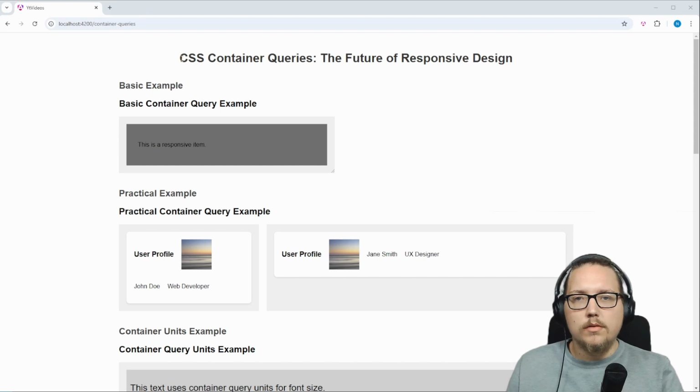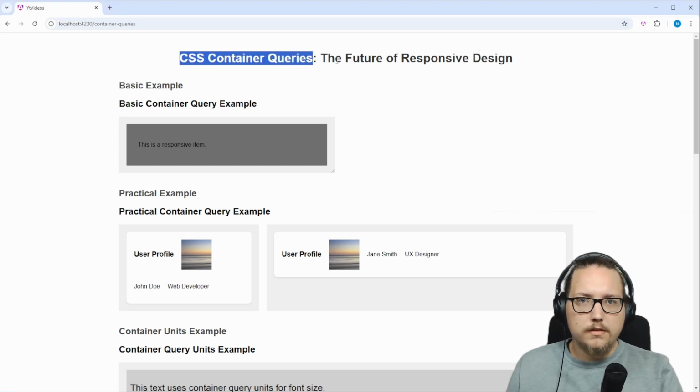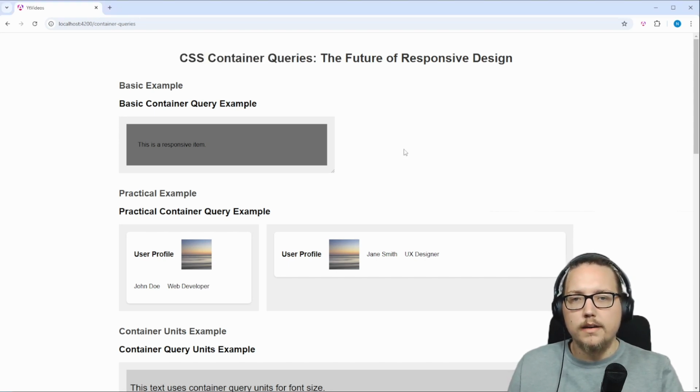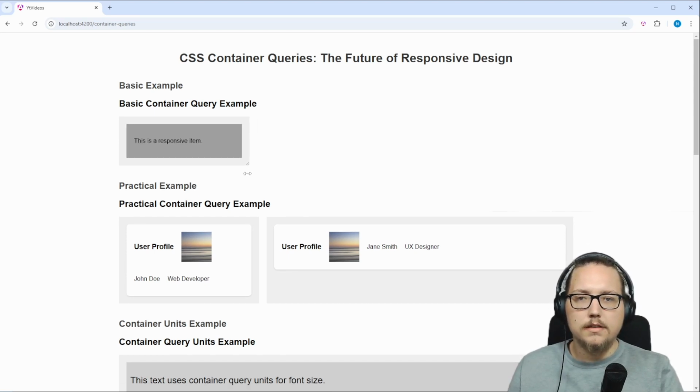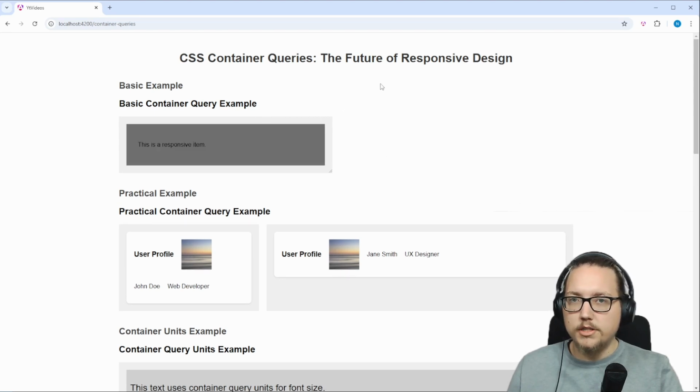Today I will go over CSS Container Queries. That's a new way you can write styling based on the width of a container. I have an example here that says this is a responsive item, and if I change the size of it, you see it changing the background color. I'm not changing the size of the browser, only the element size, and based on that